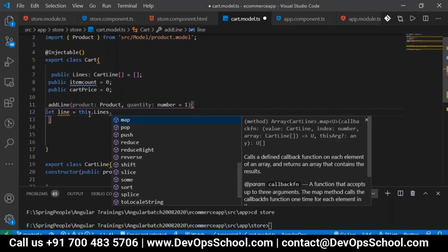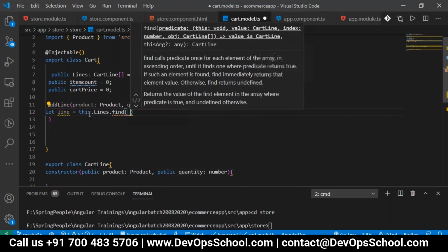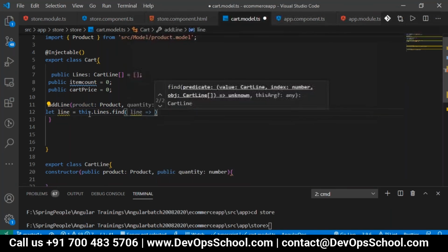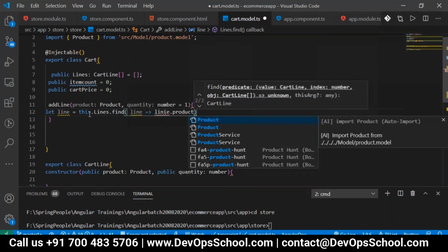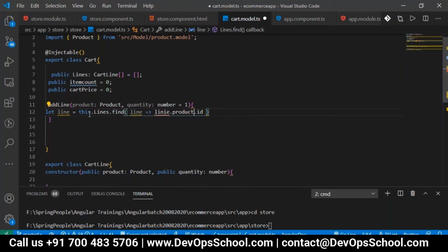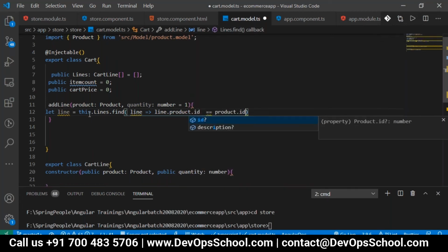We'll first find whether that product is there or not. So we get the one object which is line, with an arrow function: line dot product dot id, which we will compare with the product we have, that product dot id.